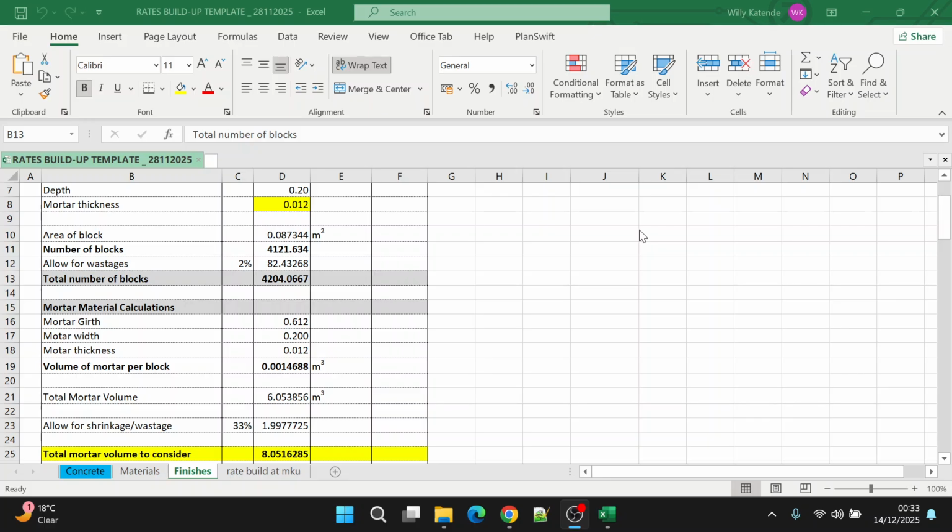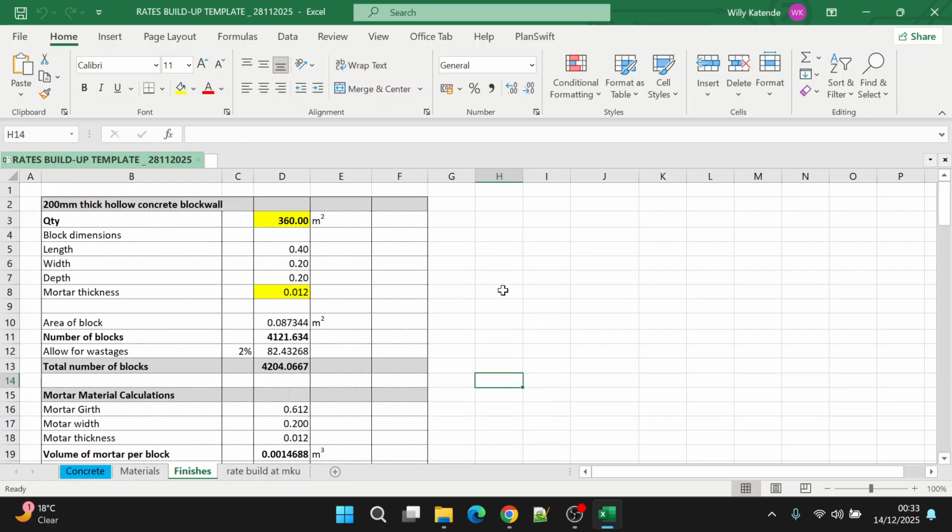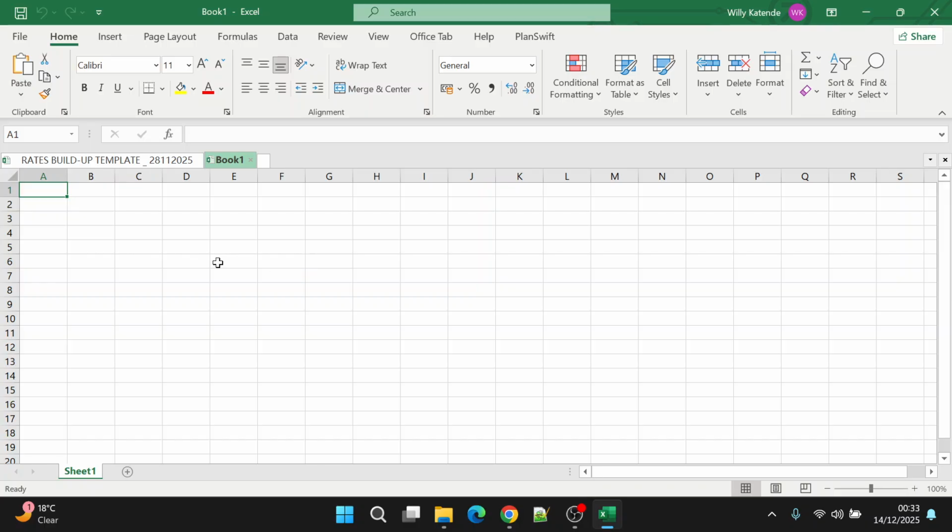My name is Willie. I'm a quantity surveyor, and today I'm going to be taking you through how to estimate the number of blocks. It's pretty easy, so I'm going to be taking you through how to do that. So all you have to do is we are going to make use of hollow concrete blocks. So if you have a 200 millimeter thick hollow concrete block